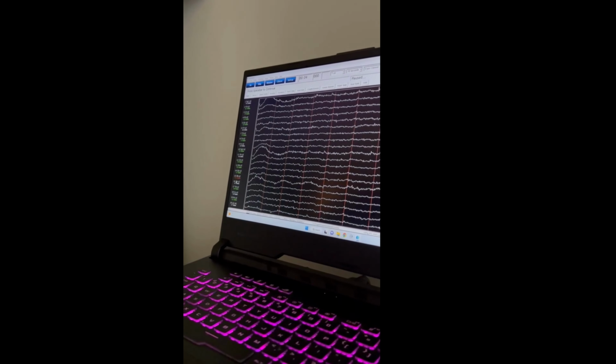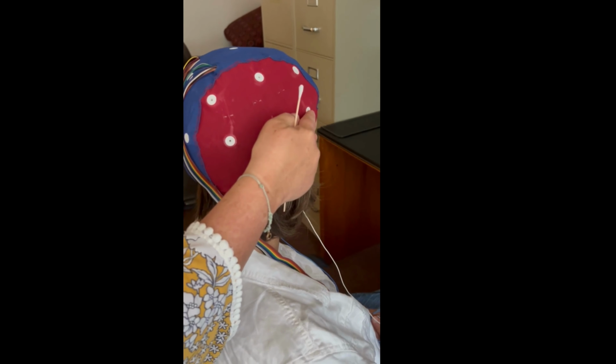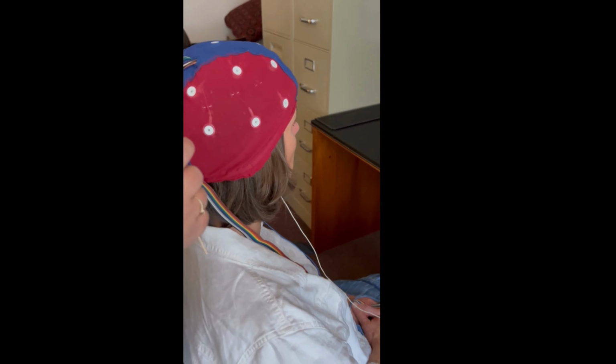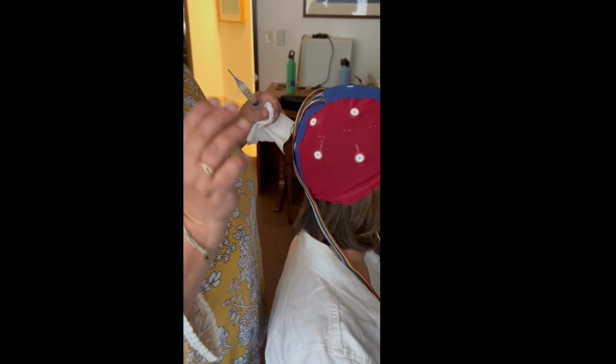F8 is going to be right here. It is on the right temporal lobe, frontal temporal lobe. So what we want to do is try the Q-tip first. Actually, there's something we can do before that. Go ahead and just take